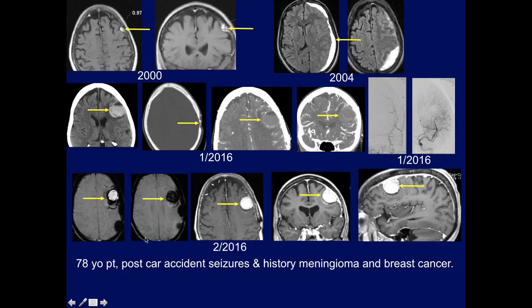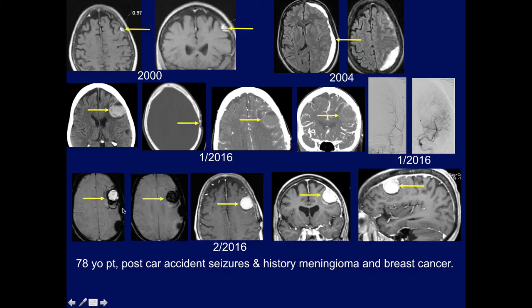The patient then had an MR, and the reason the patient came in January was that the patient had an accident, had seizures following the accident, and was admitted because of seizures. And again, to complicate things, also had a history of breast cancer. So meningioma, breast cancer, trauma, prior bleed,